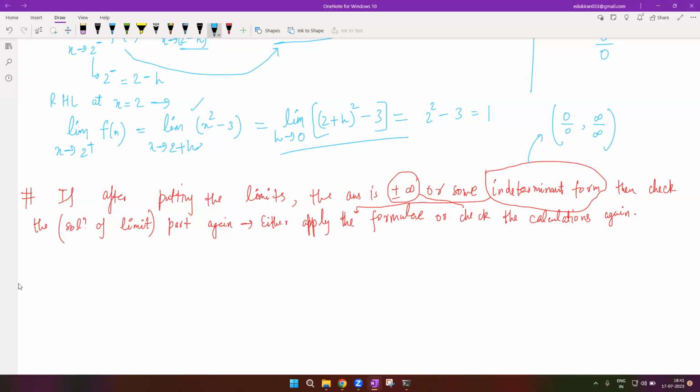Okay, now let's come to another part. One more important step which I would like to tell you. First of all, this will be our concept for continuity. How do we check whether a function is continuous at some point or not? So, to check the continuity,